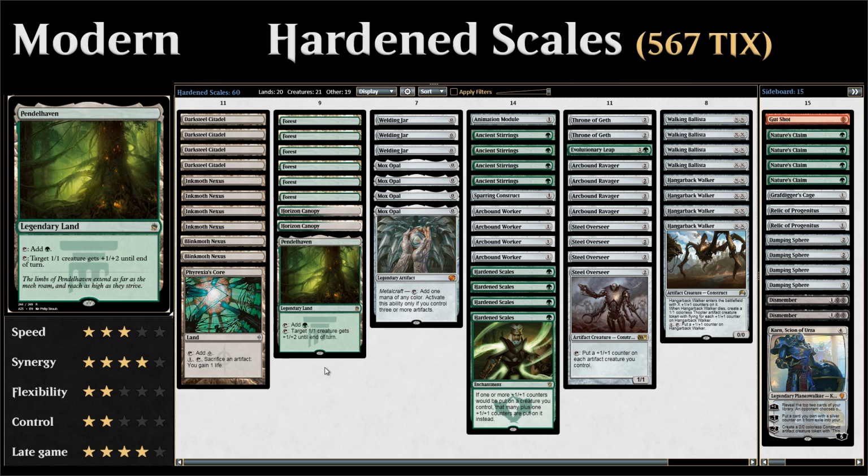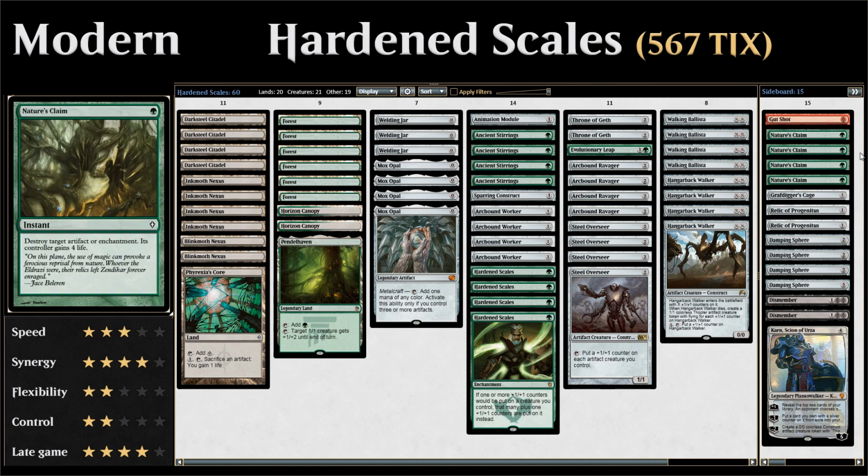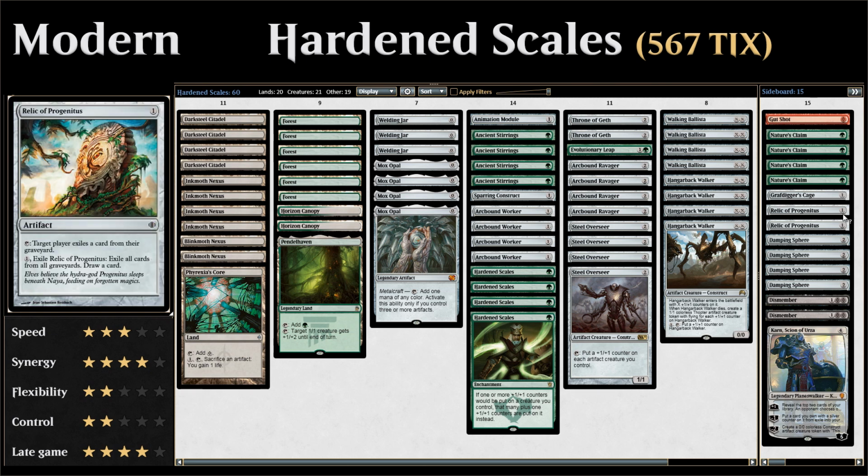Then going over the sideboard, we've got 1 copy of Gutshot if we need removal for 1 toughness creatures, 4 copies of Nature's Claim to destroy artifacts and enchantments, very useful against hate cards like Stony Silence. We've got 1 Grafdigger's Cage against graveyard decks and 2 Relic of Progenitus,